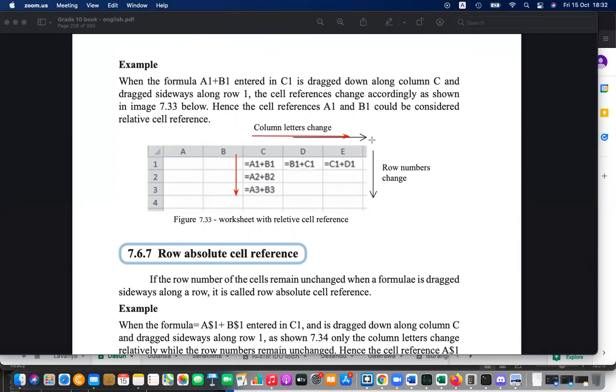And if you drag this way, it's changing A1 B1, next B1 C1. The letter is changing. C1 D1, D1 E1, E1 F1. Like the letter is changing this side. Here the number is changing downwards, and the letter is changing this way. So that is called relative reference. Relative value will be taken. But this is not always good.